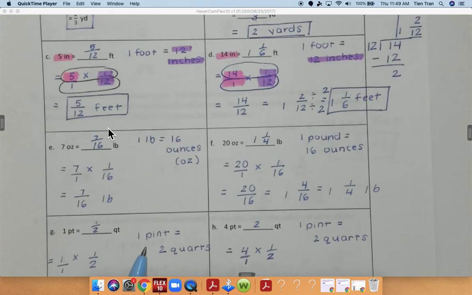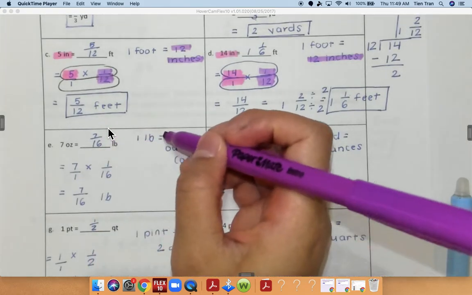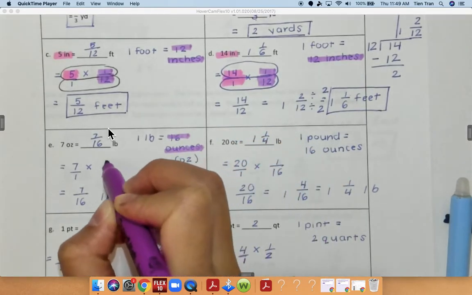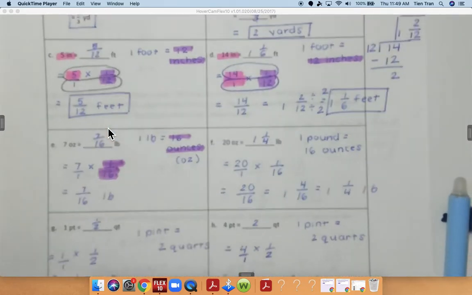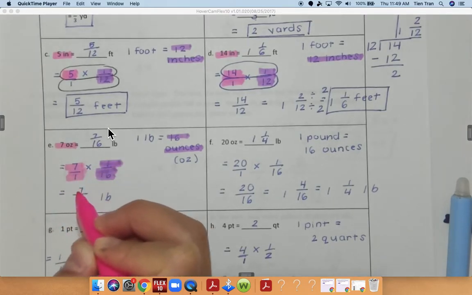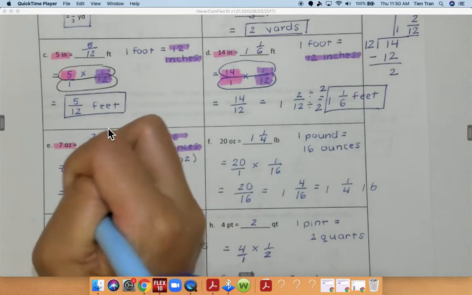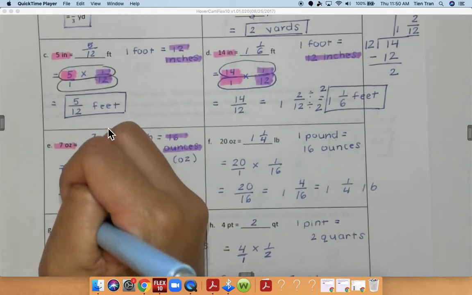We have problem E. I am multiplying. I am changing ounces to pounds. So right here I have 16 ounces is in 1 pound. That's where the number 16 comes from. Now, where does the number 7 come from? It comes from the amount of ounces. So I'm multiplying 7 times 1, which is going to give me 7, and 1 times 16 is going to give me 16. So my final answer is